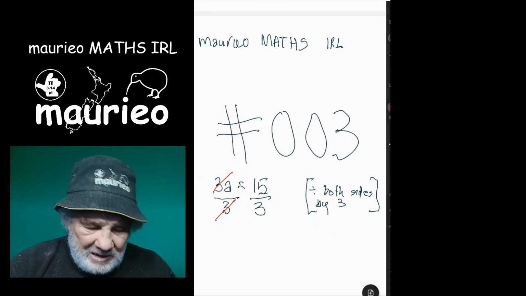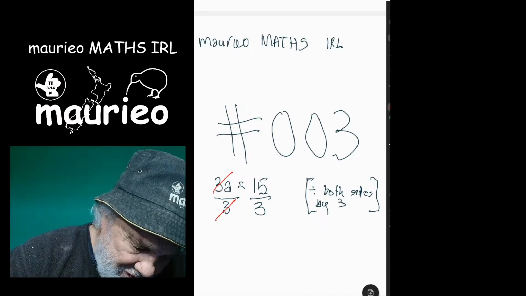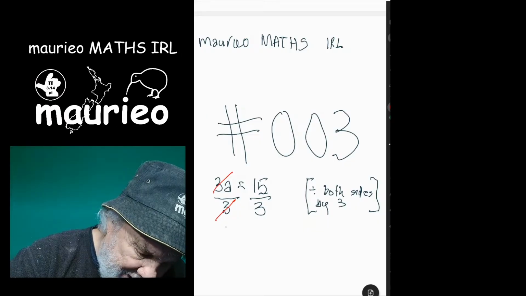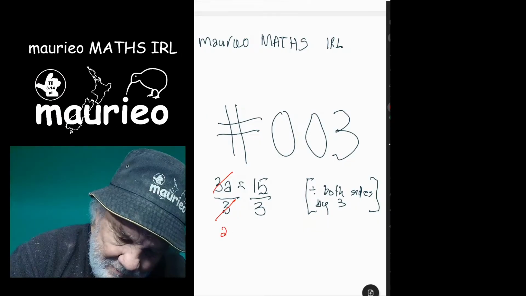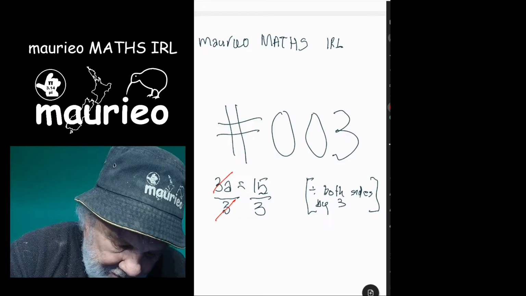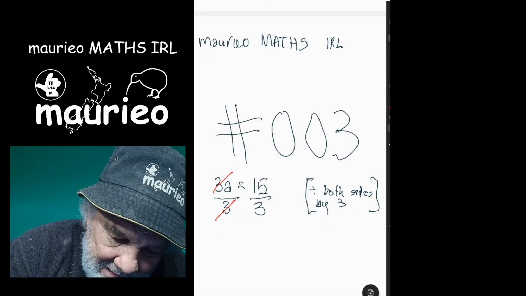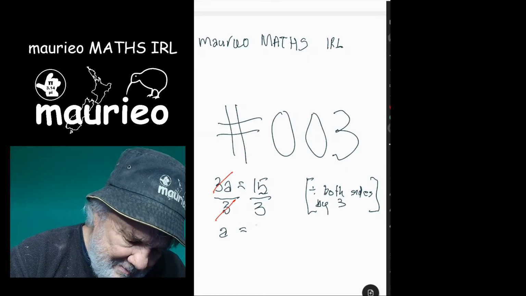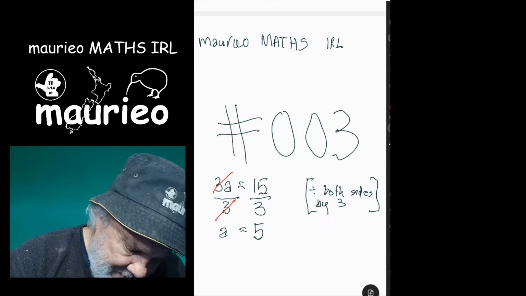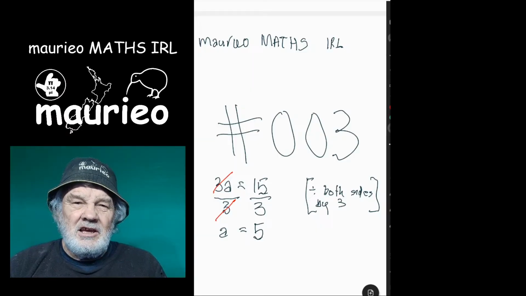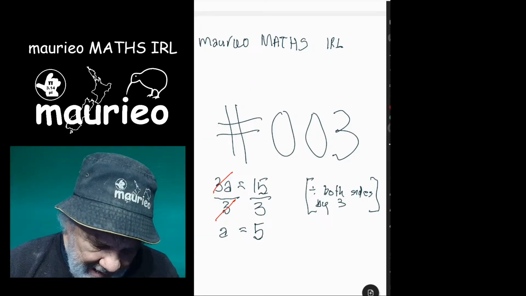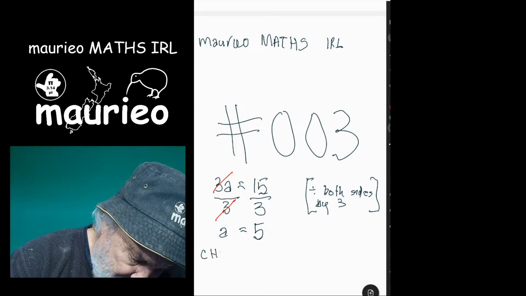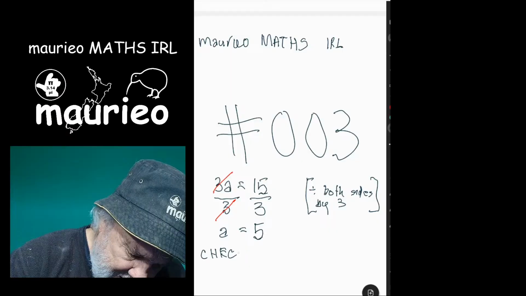So we get that sort of situation. Now 15 divided by 3, we can say that a equals 15 divided by 3, which is 5, in this particular instance. Now, if we wanted to do a check, just to check that that's right,